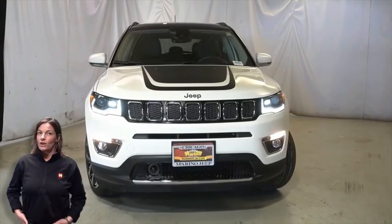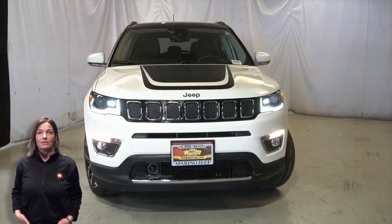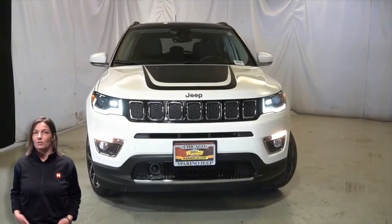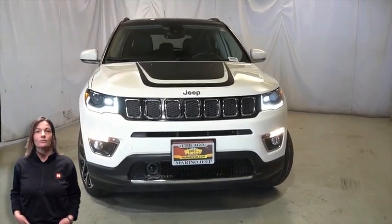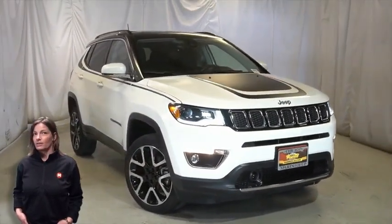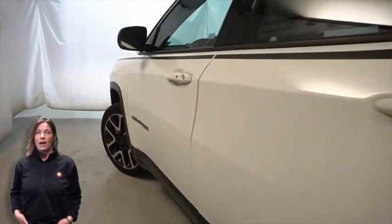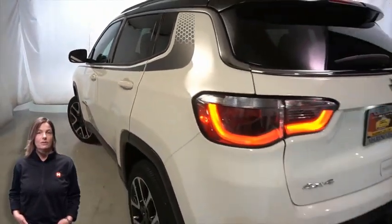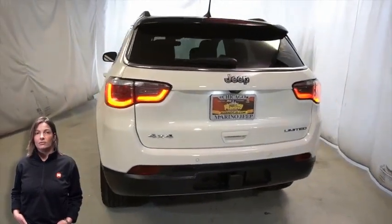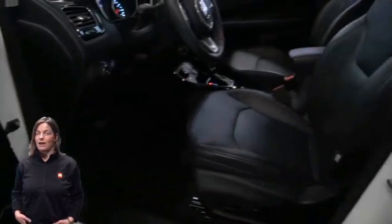If you're looking for a functional compact SUV with reliability and safety for the whole family, then take a look at this certified pre-owned 2018 Jeep Compass Limited in white clear coat. With bi-xenon HID headlamps, front fog lamps, 19-inch aluminum wheels, blind spot and cross path detection, LED tail lamps, tow package, heated front seats, heated steering wheel, 18,000 miles on the odometer,